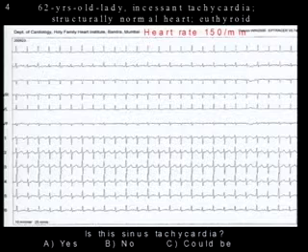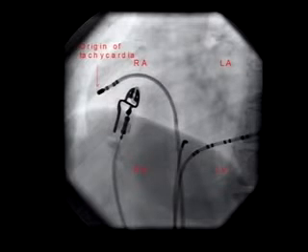In fact, can we go to the next slide? So the correct answer was atrial tachycardia, because in the algorithm in the talk on narrow QRS tachycardia, it's pointed out by Sriram that if you have a P wave preceding the QRS, the most likely is atrial tachycardia, especially with a positive P wave in lead 2. Now this shows the 4 chambers of the heart in the left anterior oblique view, and the catheter and the arrow shows this is where it was found that the tachycardia was originating from.